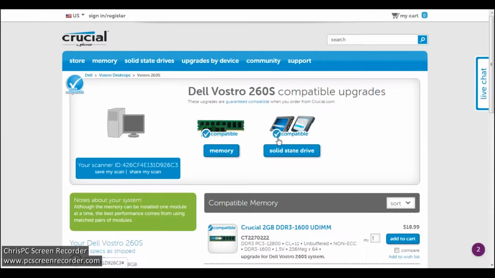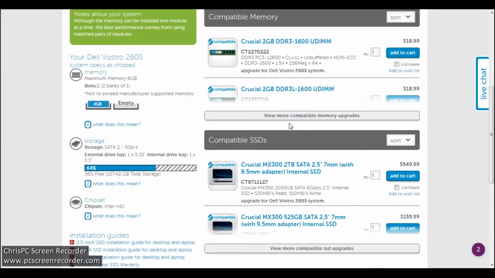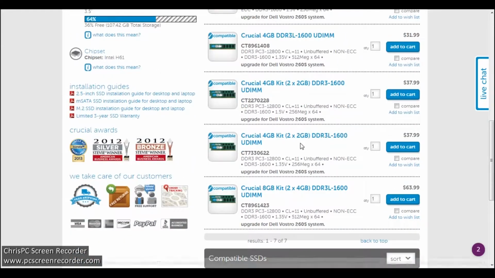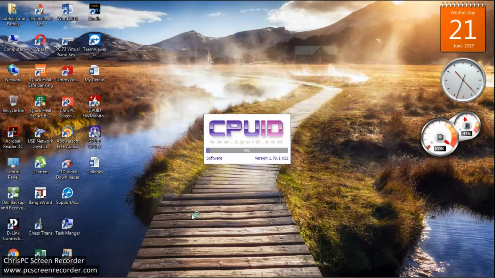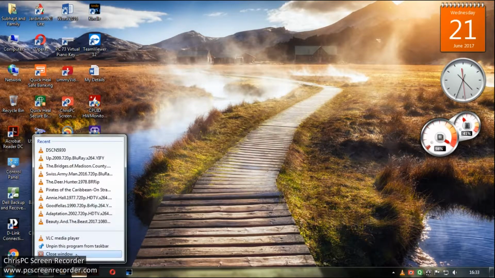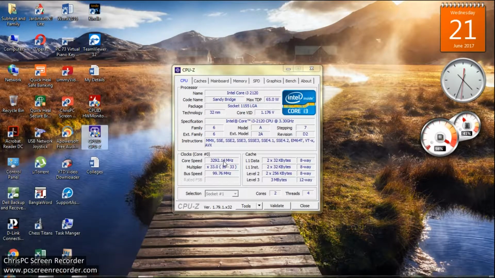So I can suggest you one or two websites. Crucial is one of them. Crucial suggests what frequency of RAM you should buy. So basic RAM frequency is 1333 MHz. So if you check your RAM frequency in some software, you will see that the RAM frequency is not 1333 or whatever the RAM frequency you have.